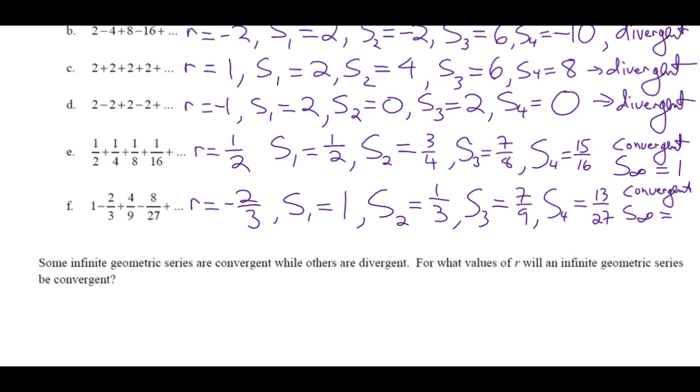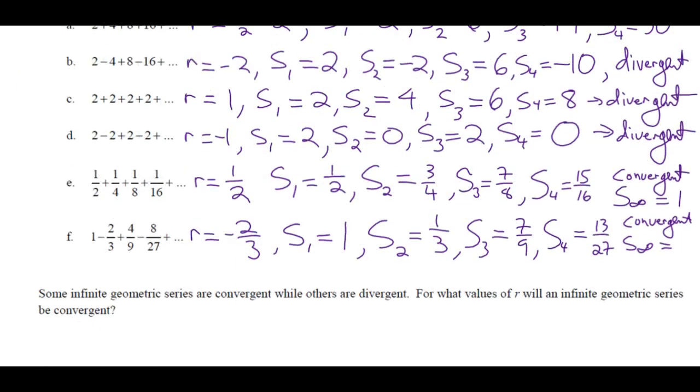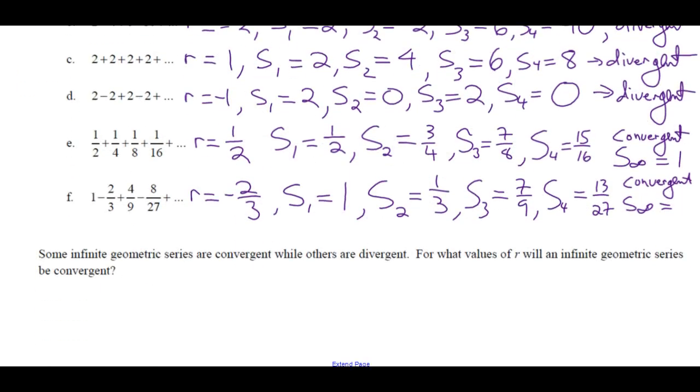Some infinite series are convergent, while others are divergent. What are the values of r that make an infinite series convergent? If you look on here, we have two convergent, the rest are divergent. What's a characteristic for r? Between -1 and